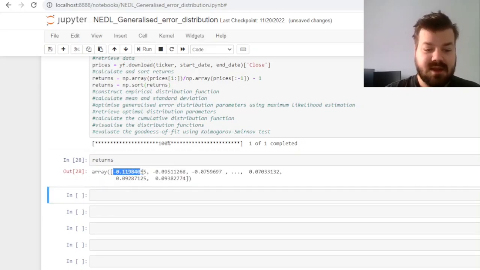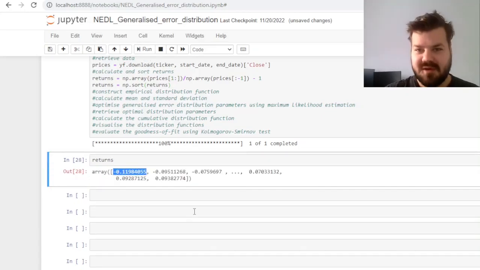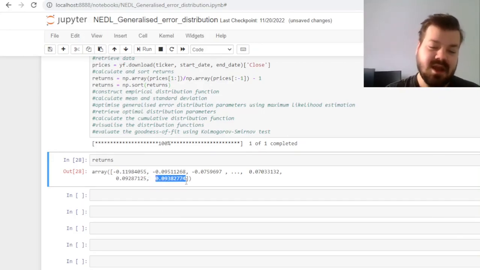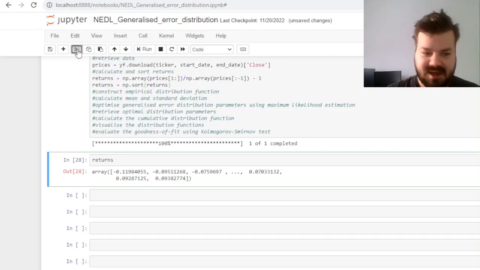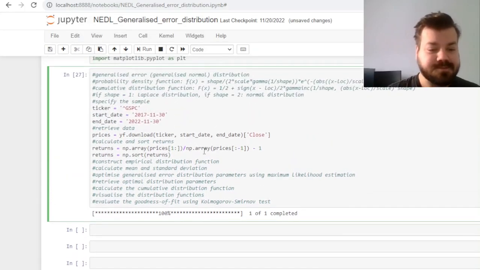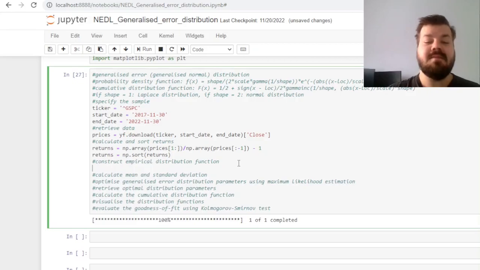So we can see that the lowest return ever over those 5 years was minus 12% in a day, and the highest was plus 9% in a day, which is again reasonable for S&P 500. And now we can calculate the empirical distribution function, which would basically map those returns from lowest to highest to